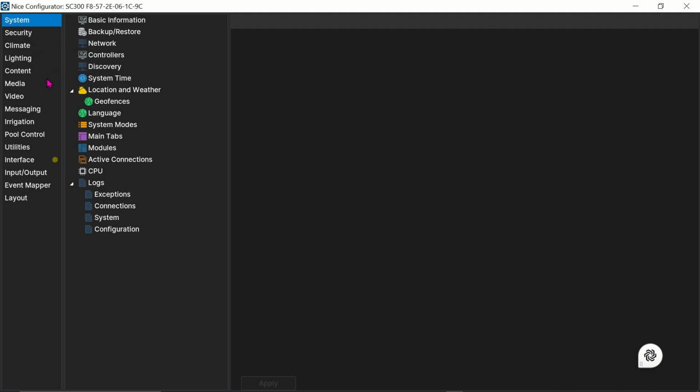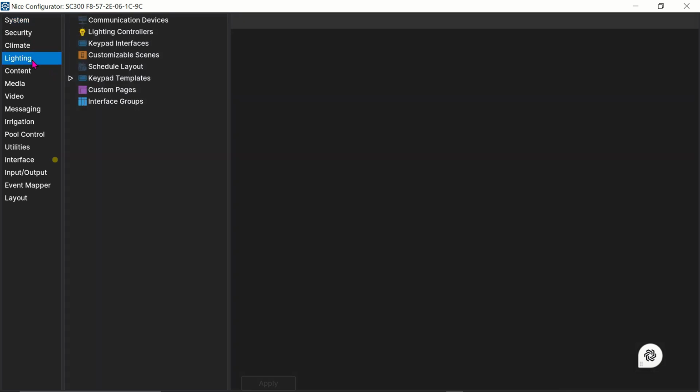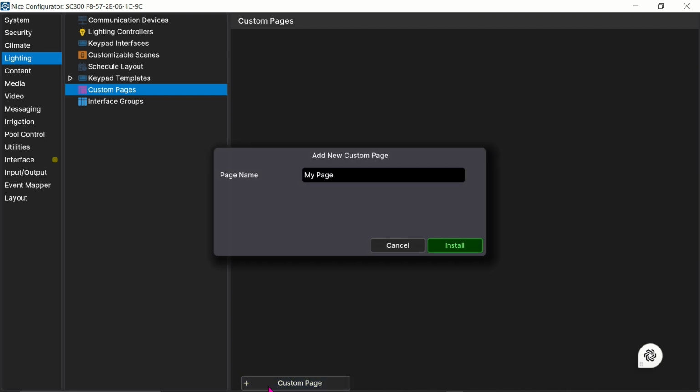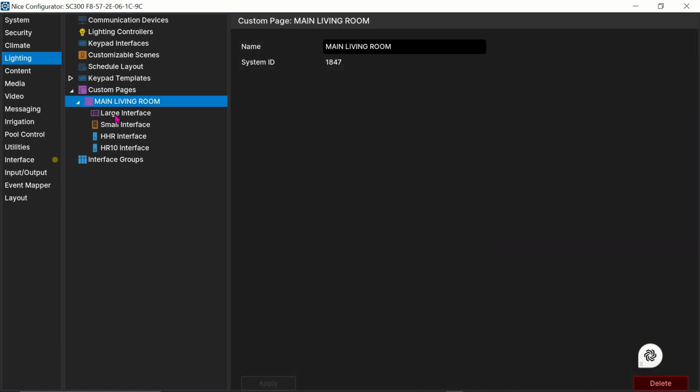Today's class we are going to be focusing on lighting, and I'm going to take you through how to create your custom pages for your lighting control. First, you go down to your custom pages and click add. Okay, I'm going to call this custom page main living room. I'm going to click on install,